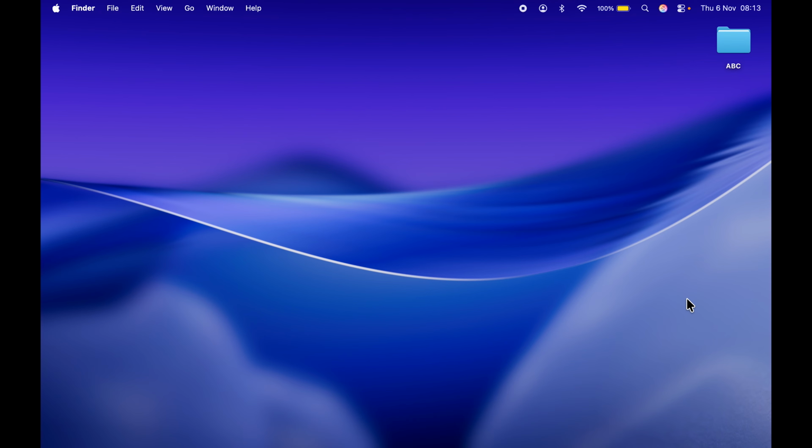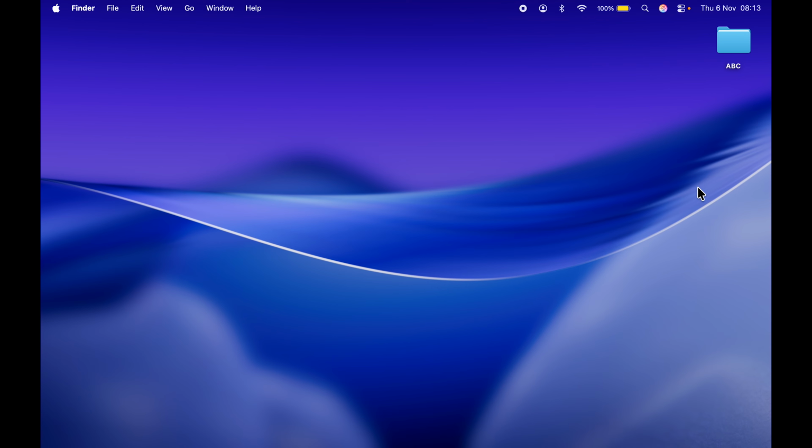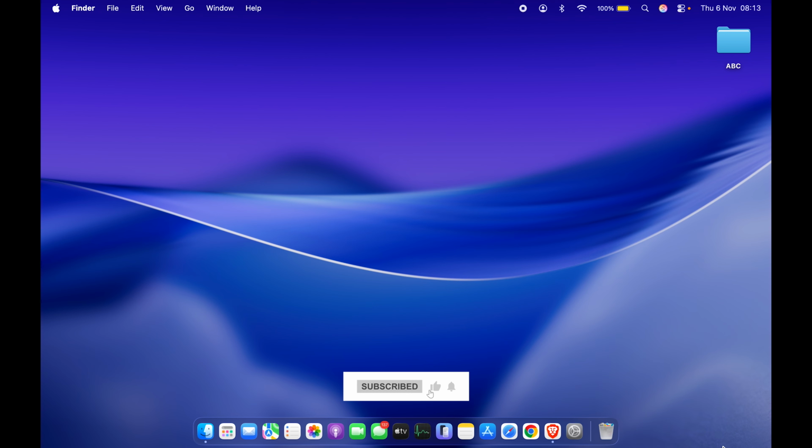In this video, I'm going to tell you how to customize folder on Mac with Mac OS 26 or Mac OS Tahoe. I'm going to guide you through each and everything, but before that,